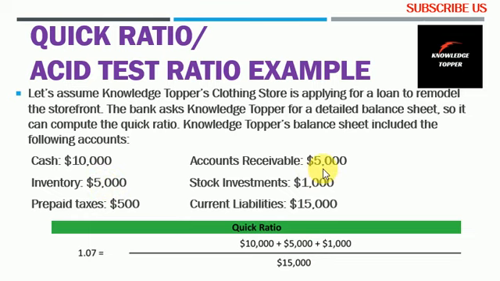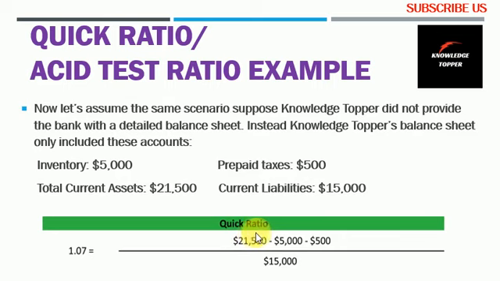So now as you can see here, we have 21,500 of total current assets, and what we have to do is just subtract inventory and prepaid assets, like the prepaid taxes here, from our total current assets and divide by current liabilities, so we get the same answer. This is just the way, if the balance sheet doesn't include the breakdown of quick assets, that you can compute the quick ratio. Okay, so now while concluding this, I would say that the acid test ratio measures